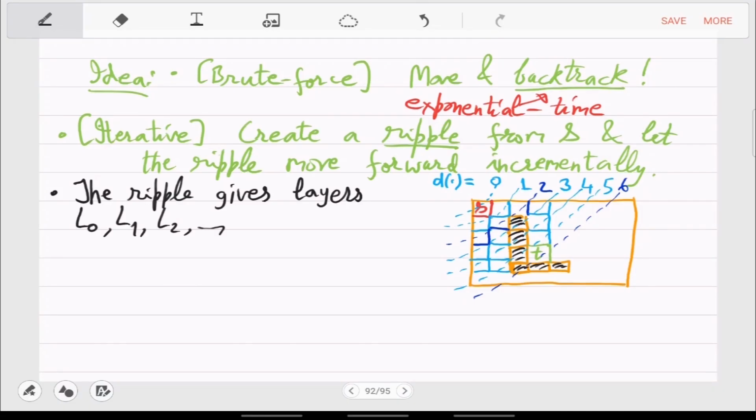In this case, it goes up to L6, till you reach T. Okay, so these are the layers. So layer L0 has obviously only one cell. L1, L2 have many cells. So think of these as lists. These are the distinct lists which are being created as the ripple moves forward.